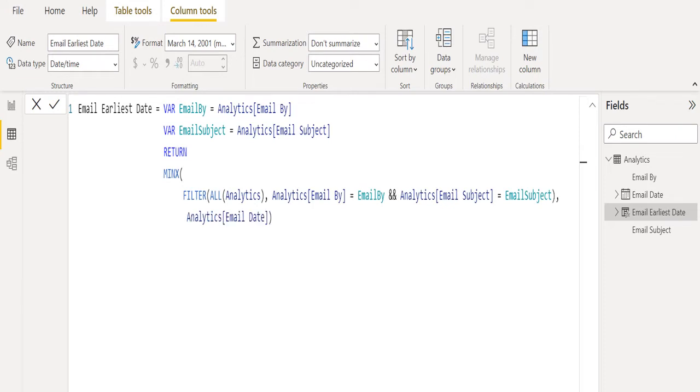We will provide the filter condition as the email by column value should be equal to the email by variable value, and the email subject column value should be equal to the email subject variable value. We select the email date column from the analytics table to find the earliest value in that column and close the brackets.